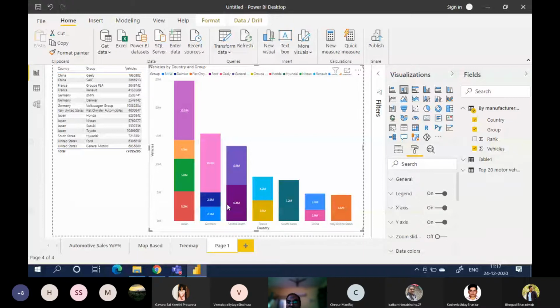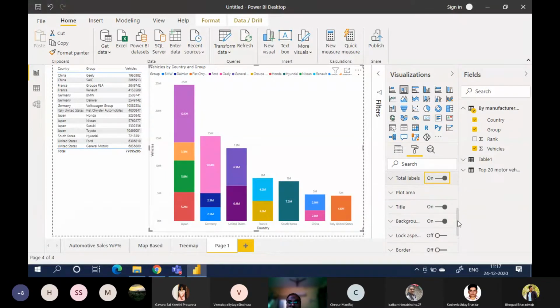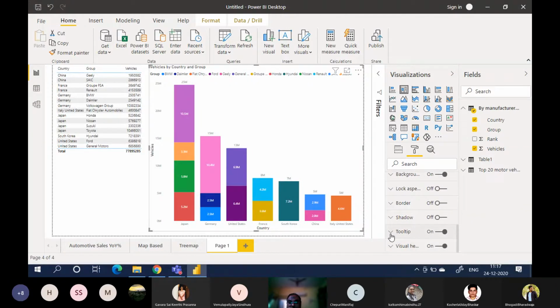You can add total sales also. Data label of total sales also can be added. Tool tip.